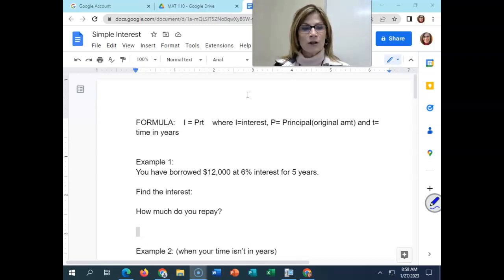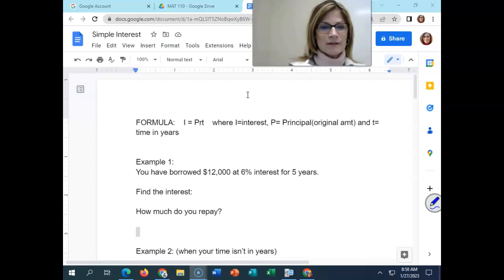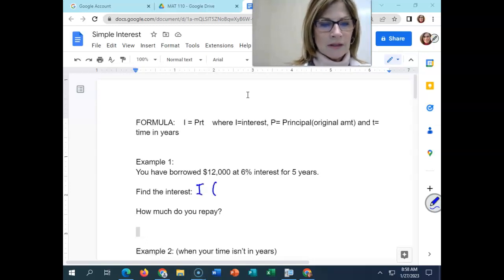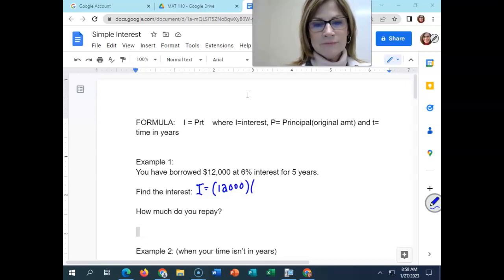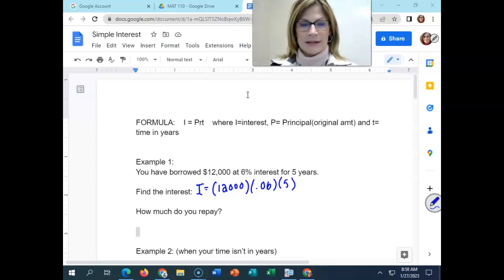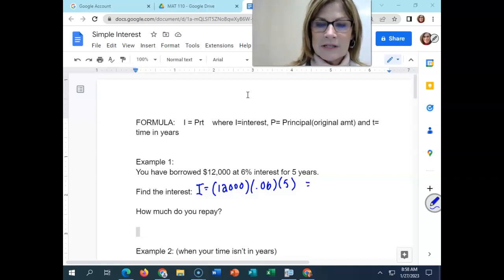We've borrowed $12,000 at 6% interest for 5 years. Find the interest. So your interest is P times R times T. Your rate you have to enter as a decimal, and fortunately time is in years. So we'll have 12,000 times 0.06 times 5. So that gives us interest of $3,600,